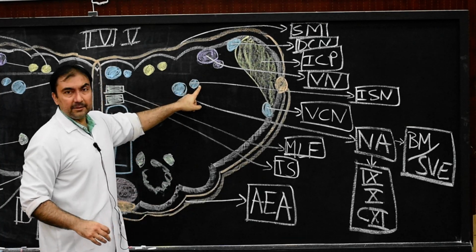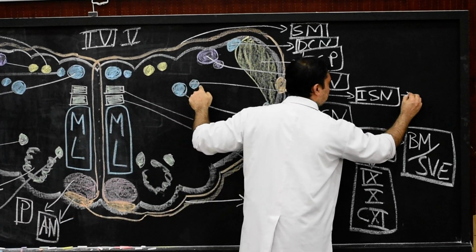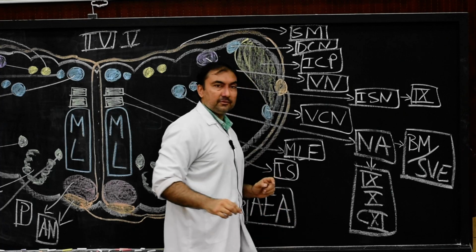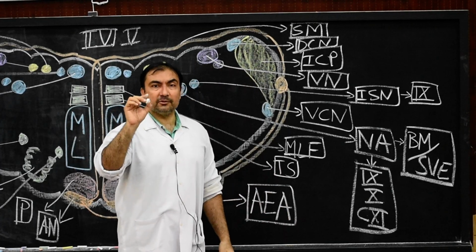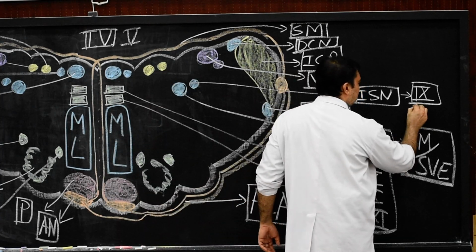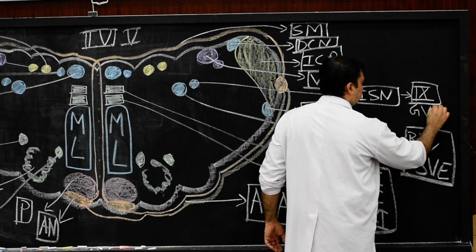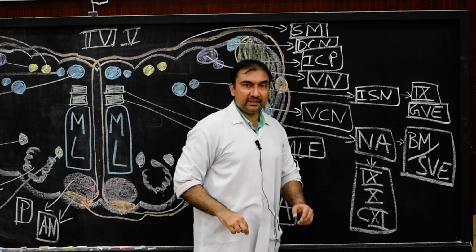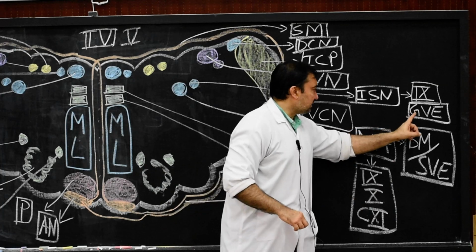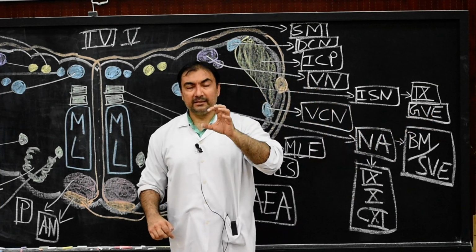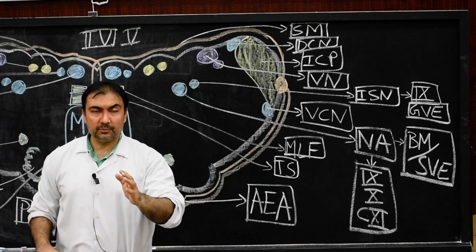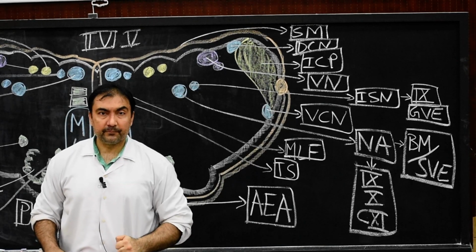What about the inferior salivatory nucleus? This inferior salivatory nucleus belongs to which nerve? Once again it belongs to the glossopharyngeal nerve. But this nucleus is known as the visceromotor nucleus. And what is a visceromotor nucleus? It is the nucleus which contains the general visceral efferent functional component. So the inferior salivatory nucleus will supply preganglionic secretomotor fibers, and these preganglionic secretomotor fibers are supplied to the parotid gland. This much you have to mention.